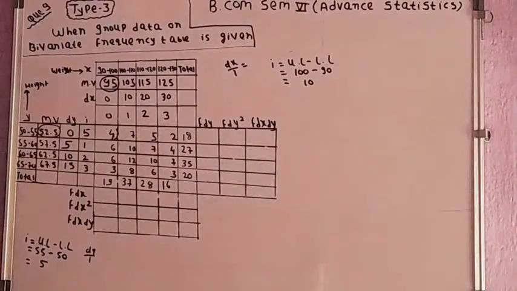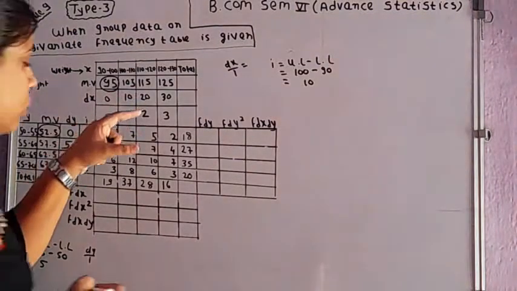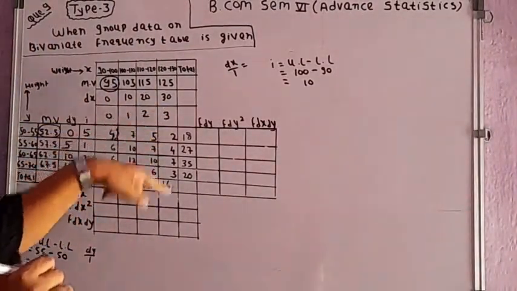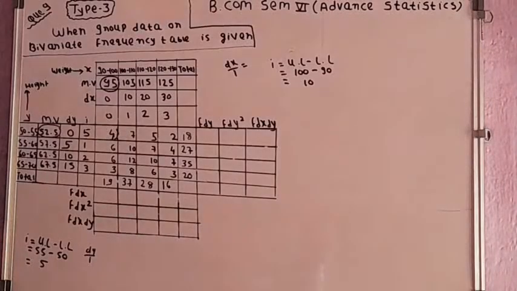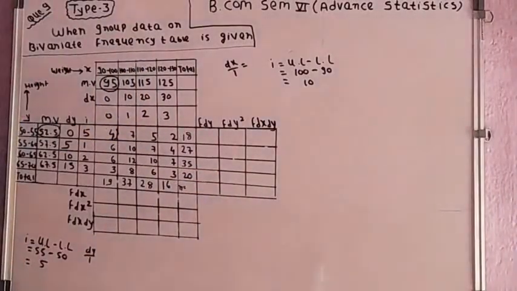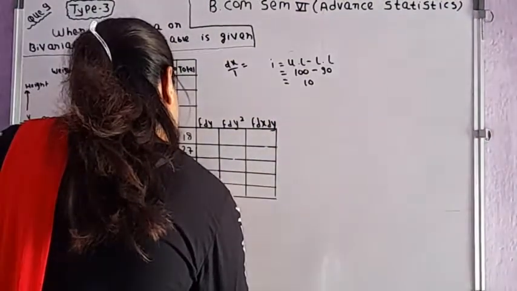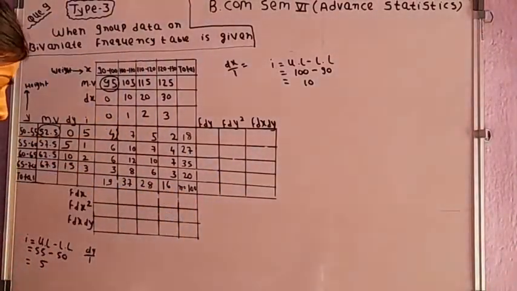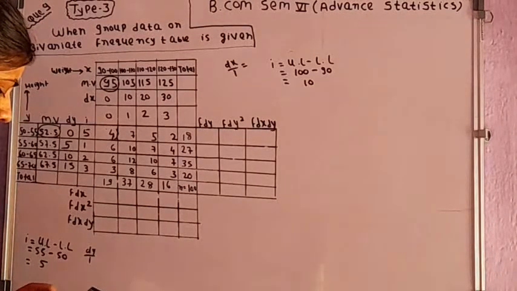Now in order to calculate number of observations, we have to make the calculation of the total frequency of both series. This is for the X series and this is for the Y series. Okay. So let's do it. It's going to be N, and it's going to be equal for both the series. So 18 plus 27 plus 35 plus 20 comes to 100. We are going to do the same for the Y series as well. So 19 plus 37 plus 28 plus 16 again comes to 100. So number of observations is 100.